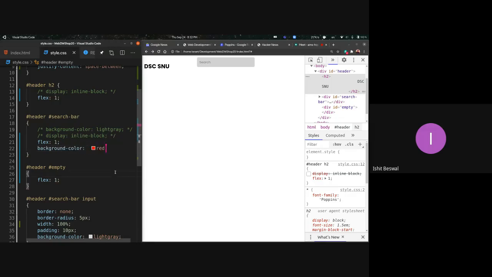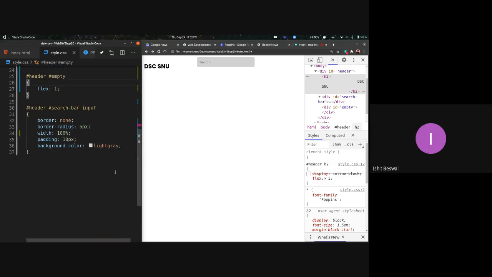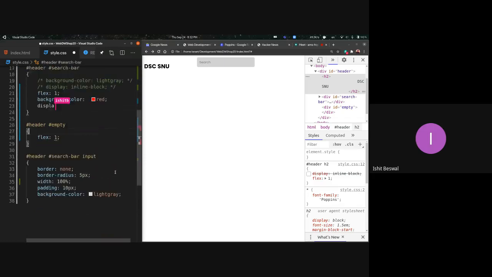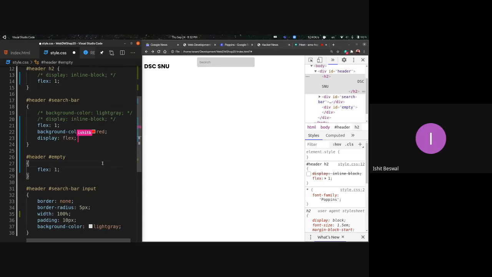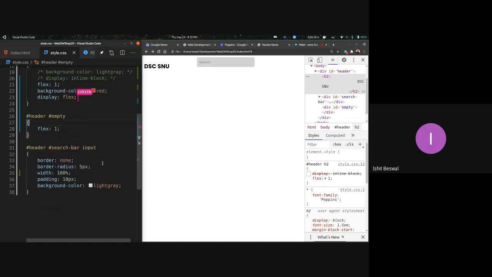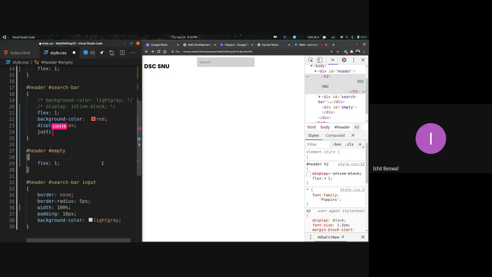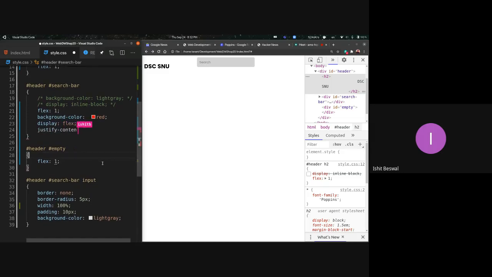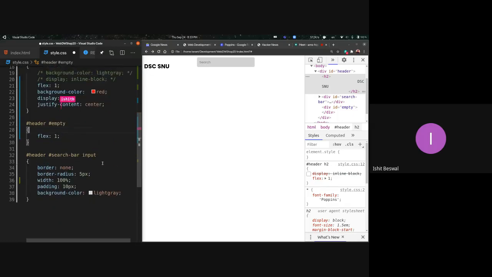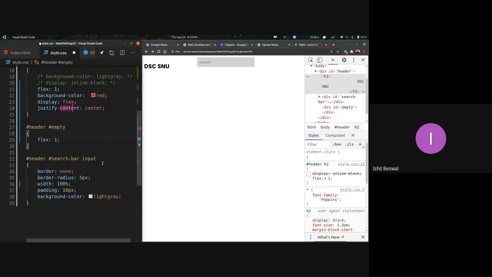Now I'm going to give the display of the search bar also as flex. You won't notice any difference because there's only one element in the search bar, so it will just remain the same. But now, as we introduce the justify content property, we can give this a justify content of center. What this will do is center your content in the search bar.